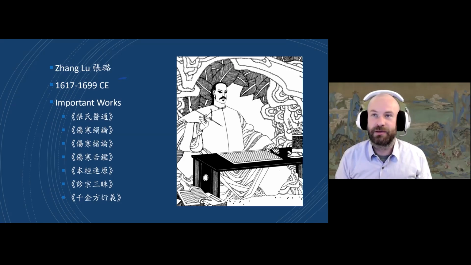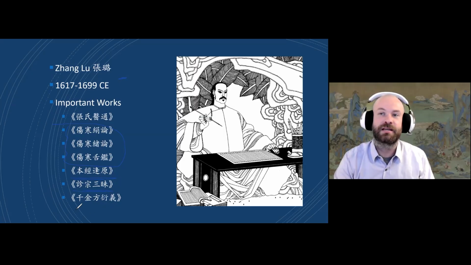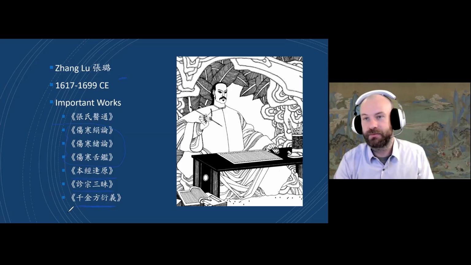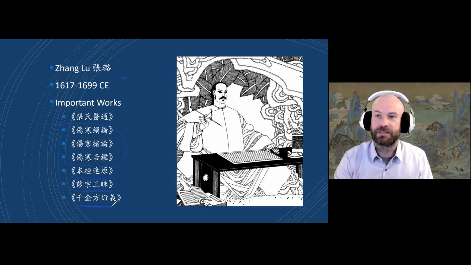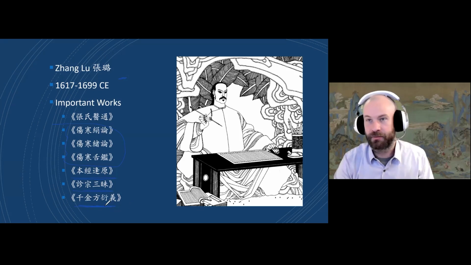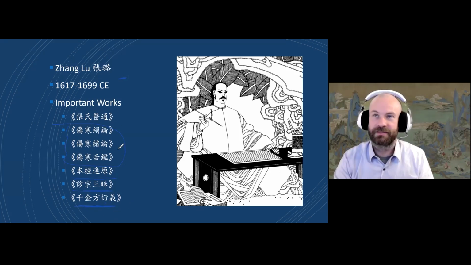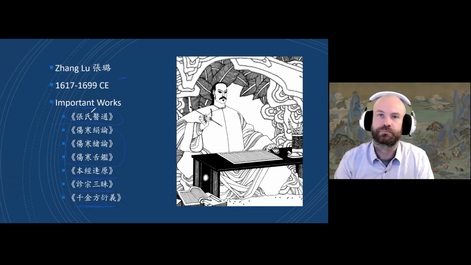But Zhang Lu, he also wrote a lot about the Shanghanlun. He actually wrote 3 texts on the Shanghanlun. He wrote a text about herbs. This is a text on diagnosis. He actually, as far as I know, is the only person to ever write a commentary on Sun Miao's work, which is basically a discussion. Sorry, I'm not sure how to pronounce that character there. But his most famous work is probably the Zhangshi Yitong, which is what they call a synthesized text, where it brings in a lot of different ideas about treating different diseases.